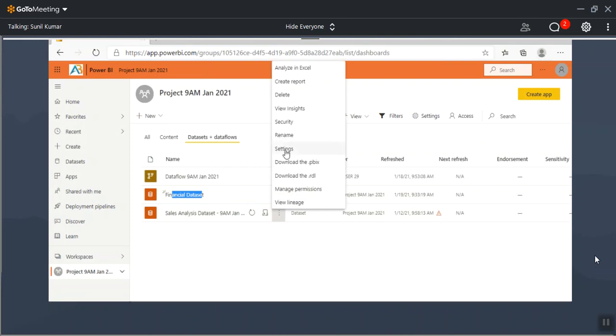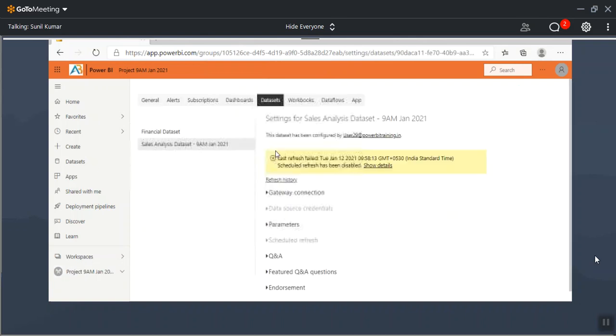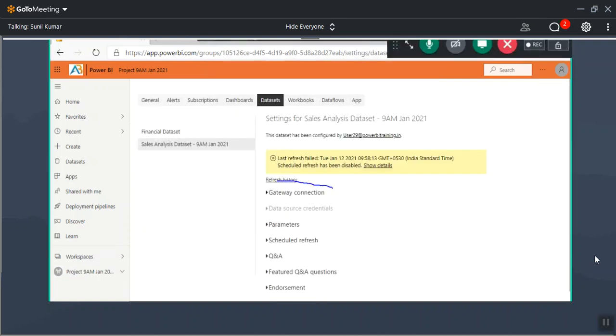Settings. There are some cases where we will go with default settings. When you go to the settings, you will find some options, like gateway connection. When we install the gateway, you need to use the gateway connection here.